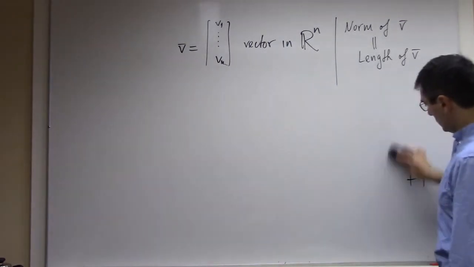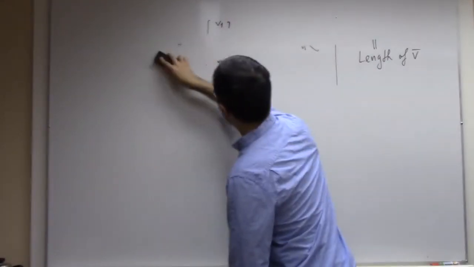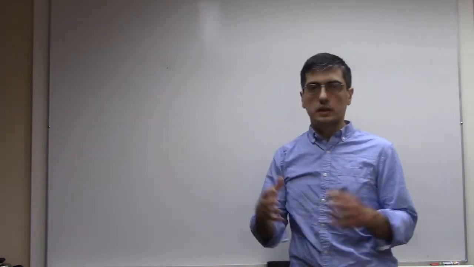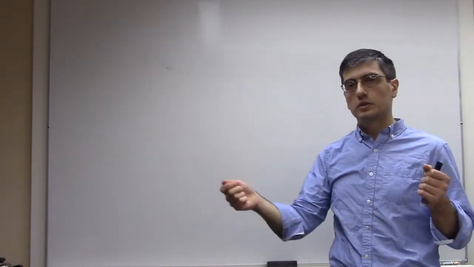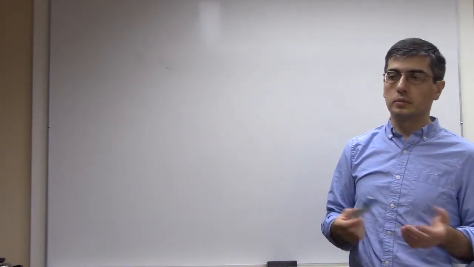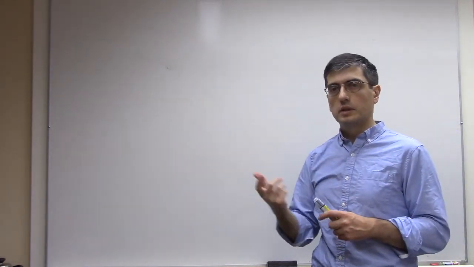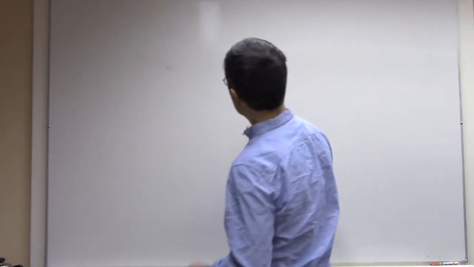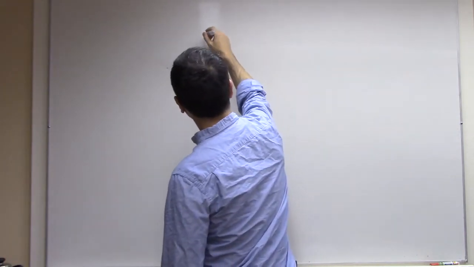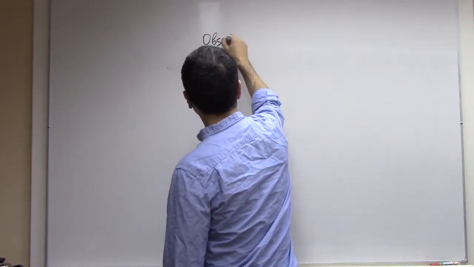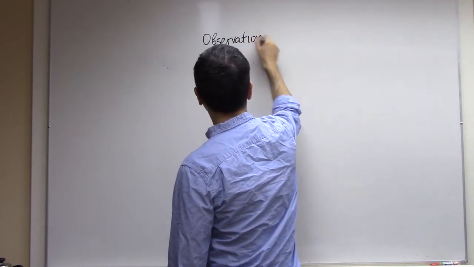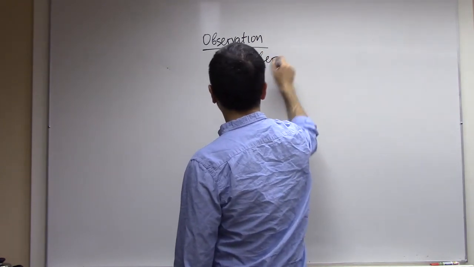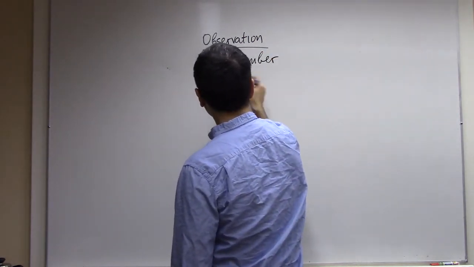Now, one thing that you expect from the length is the property that if I multiply my vector by some number, its length will increase or decrease by that number, depending whether the absolute value of the number is larger than 1 or less than 1. And this is easy to check. So observation: if C is a number and V is a vector,